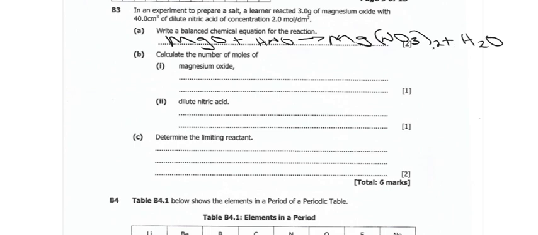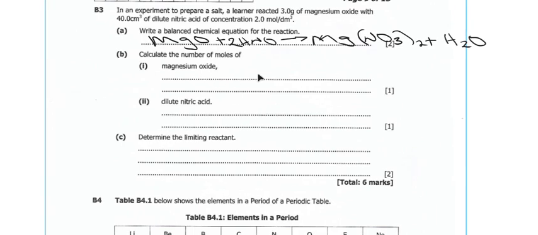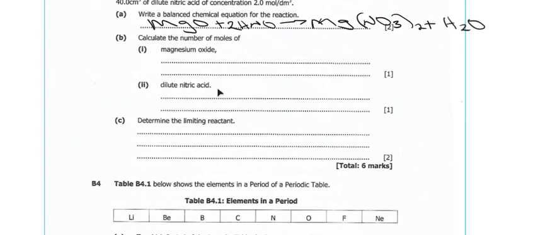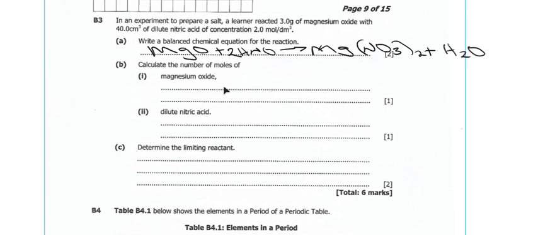Balancing the equation, you just add 2 here, then it's done. Calculate the number of moles of magnesium oxide. Number of moles of magnesium oxide, we know that in the question we have the mass of magnesium oxide. So just use the mass,